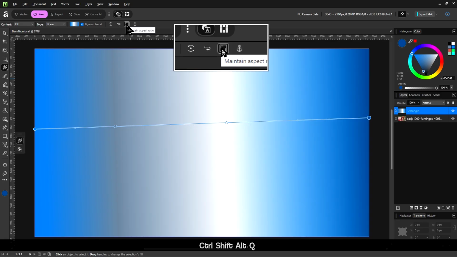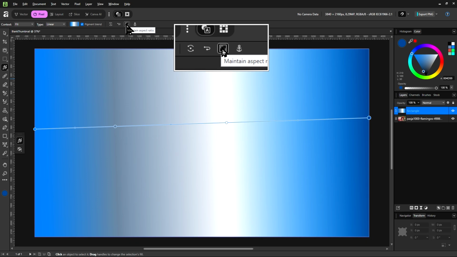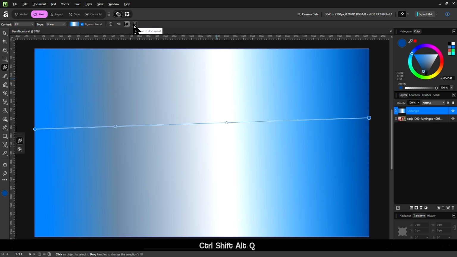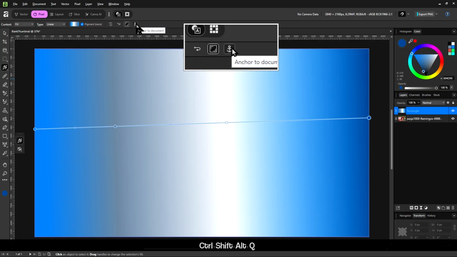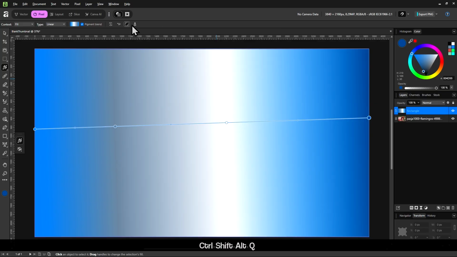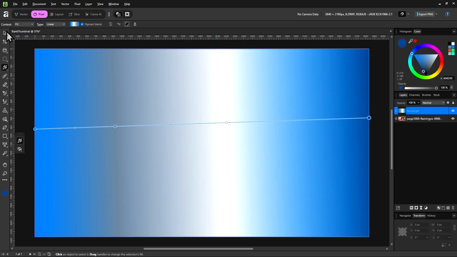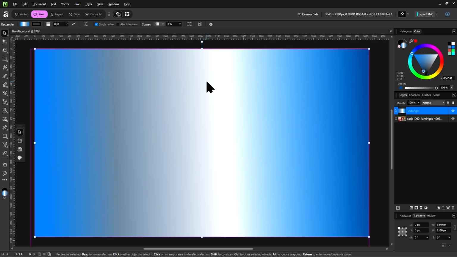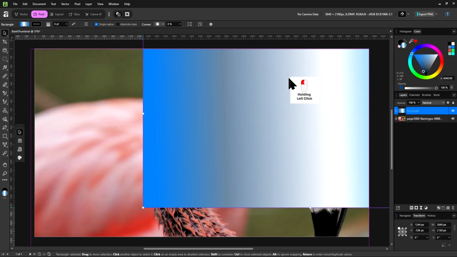Maintain aspect ratio, but I think this is not a good thing to demonstrate with the linear. So for now, there's also anchor to document. Before I turn this on, I want to move around my rectangle with the gradient.